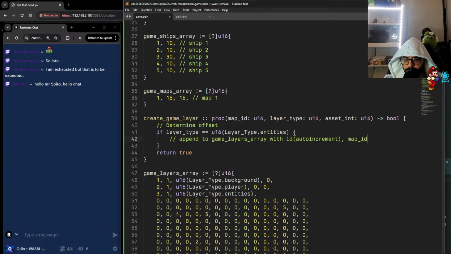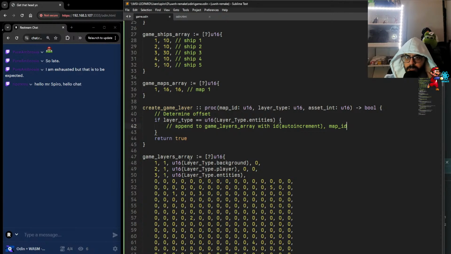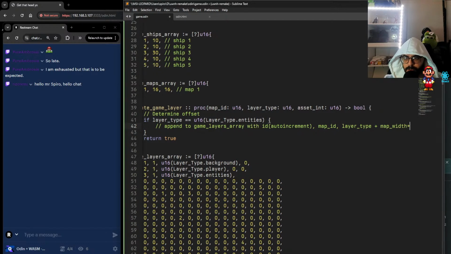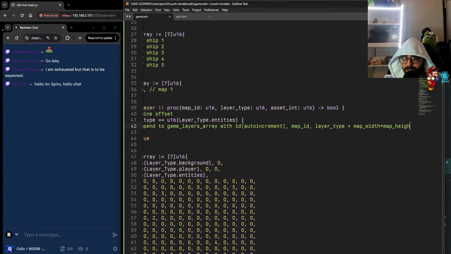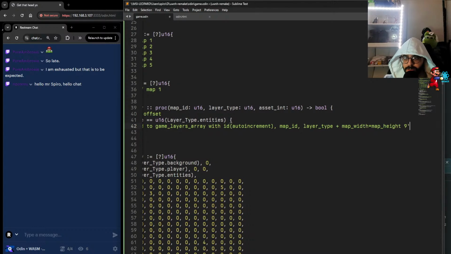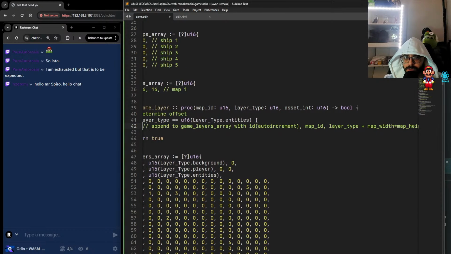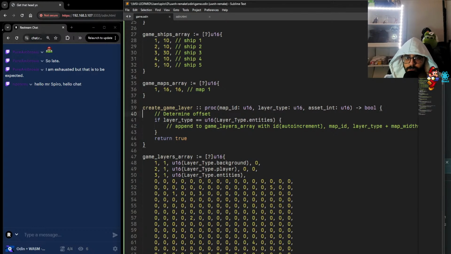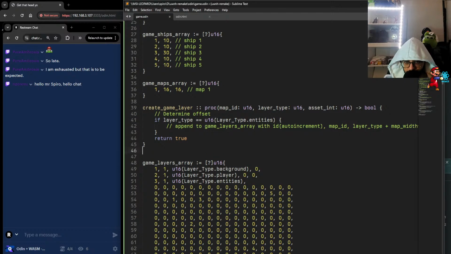We'll just assume it's auto increment. Map ID and layer type plus map width times map height zeros. Right, so you'd create the game layer,